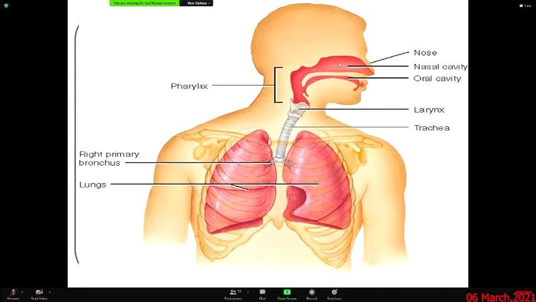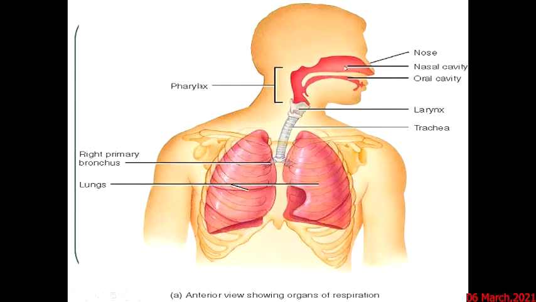Upper respiratory tract is nasal cavity and nasopharynx. And lower respiratory tract starts from the larynx, trachea, bronchus, different levels, different types of bronchus, then bronchioles. That means from the primary bronchus,